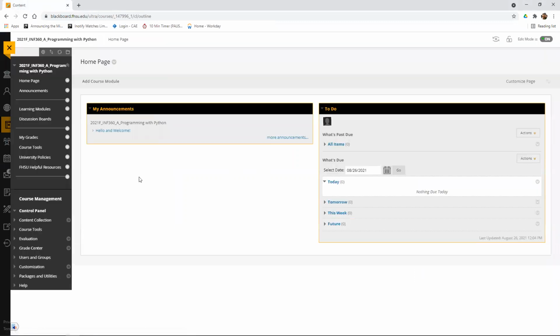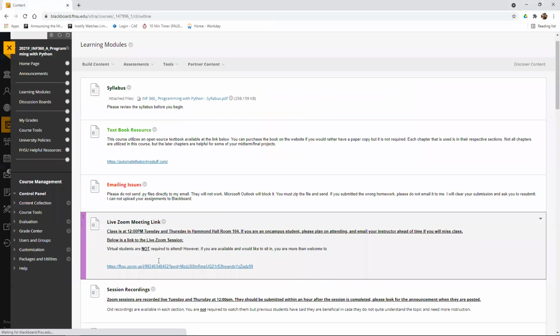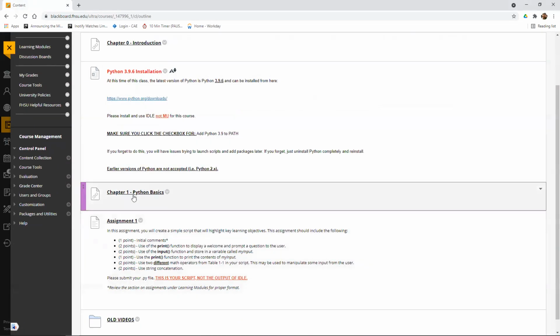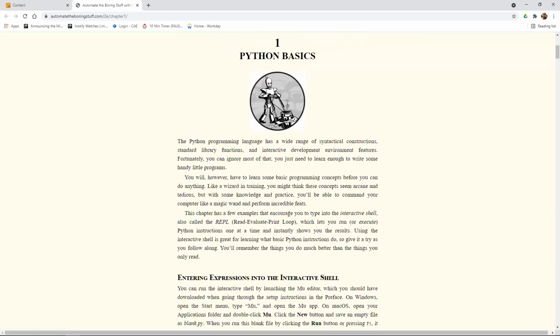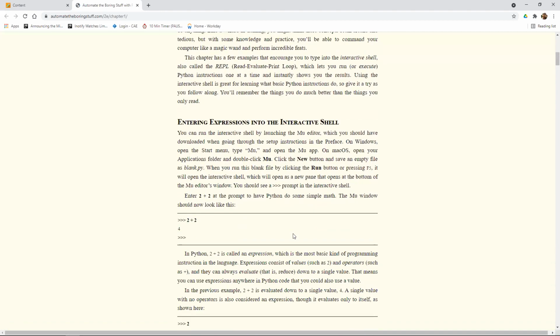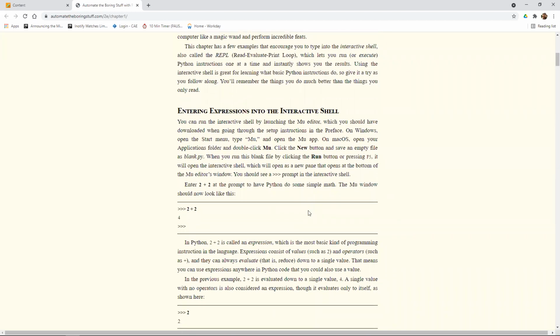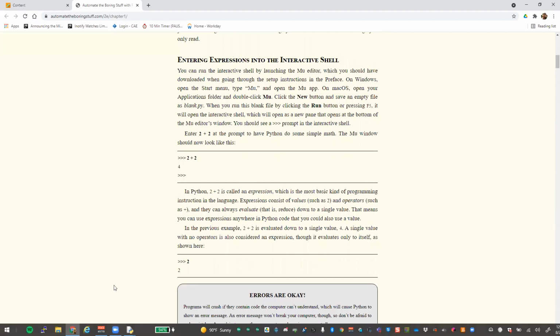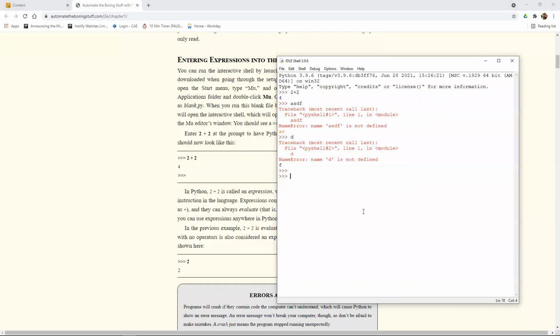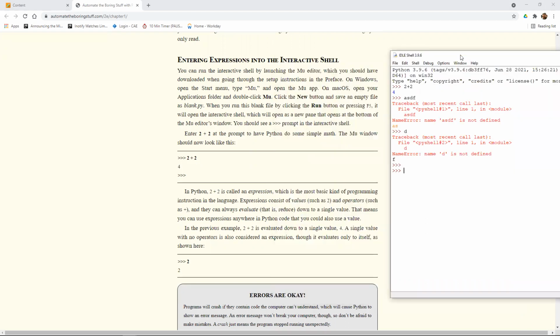All right, so back in this section for this week, we're going to start with the basics. Again, I encourage you to go through and read all this information. I'm not going to cover every topic, just the highlights that we need for the course itself. The first thing it talks about is that interactive shell you're looking at, this shell here. You can enter what we call expressions, and expressions are the most basic kind of programming